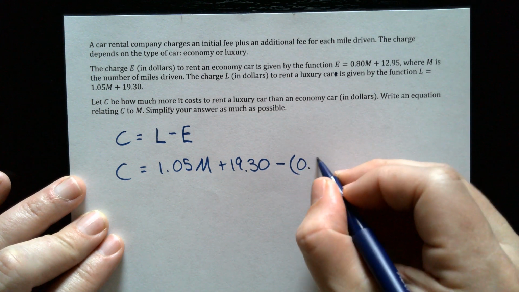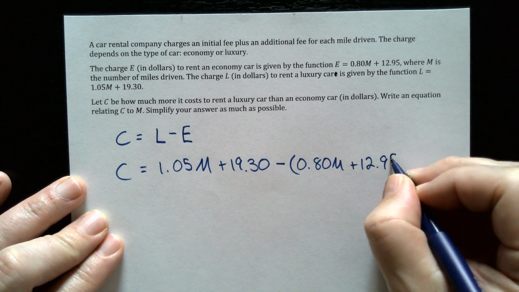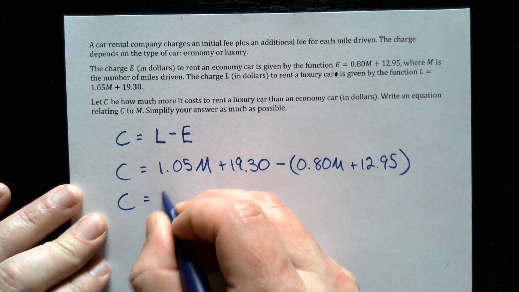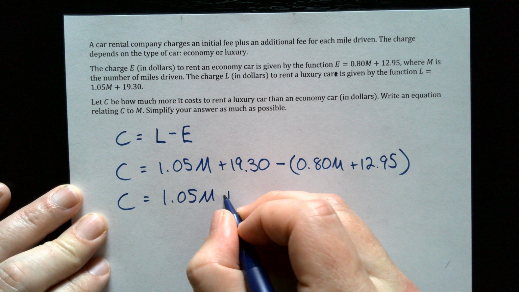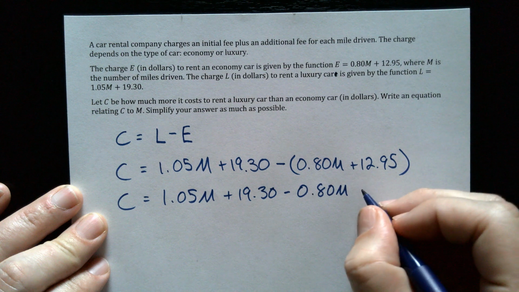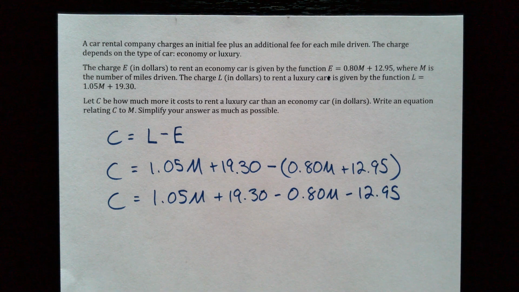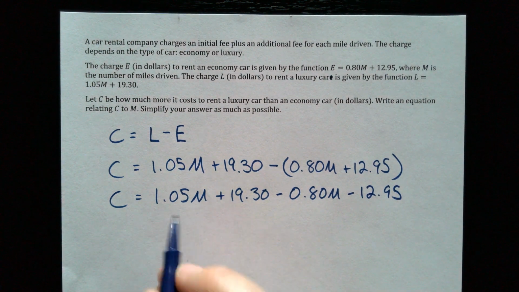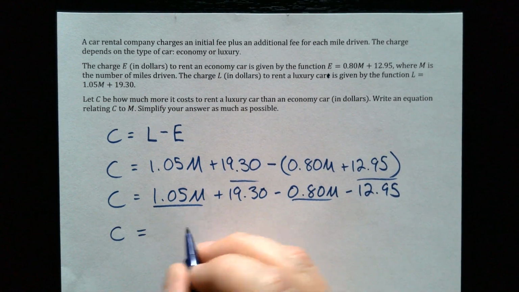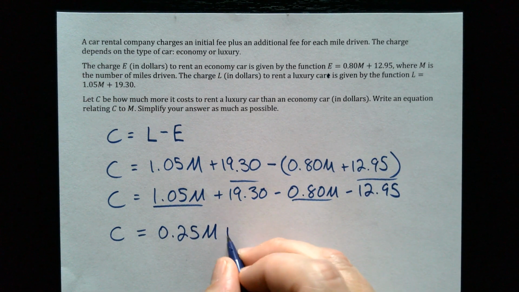So 0.80M plus 12.95. Okay, now we can distribute the negative sign to both of those terms. So C is equal to 1.05M plus 19.30 minus 0.80M minus 12.95. When you do these calculations and combine these like terms here and these like terms here, you get C is equal to 0.25M plus